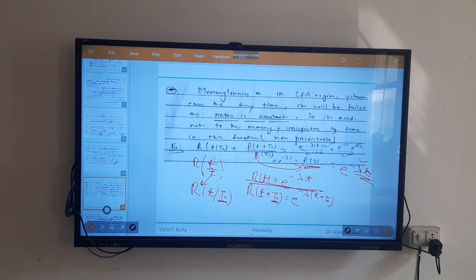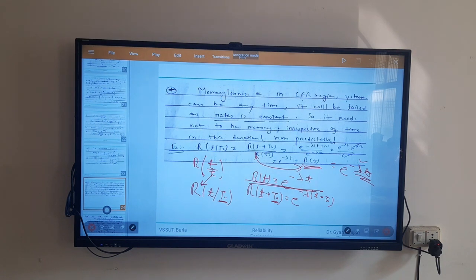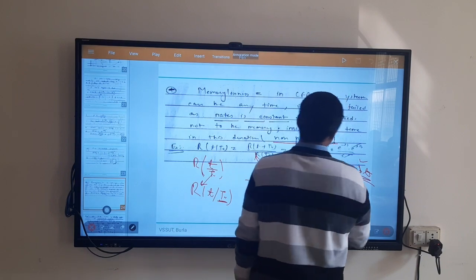If it is designed for 1000 hours, pick any 100 hours within the useful life period. I am saying this because you talk about memorylessness, right? Within the CFR, you pick any duration, it will remain the same. And that is sensible, because we already mapped down this lambda t. This lambda is a very slow changing component, what we treated as a constant failure, right? So this is the reason why it is non-predictive even.